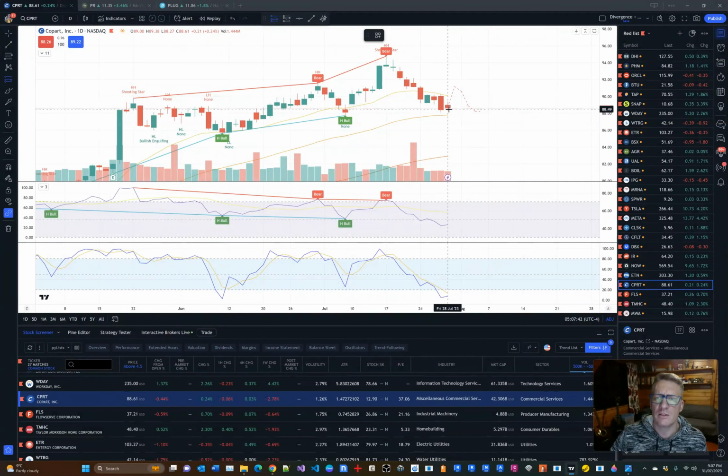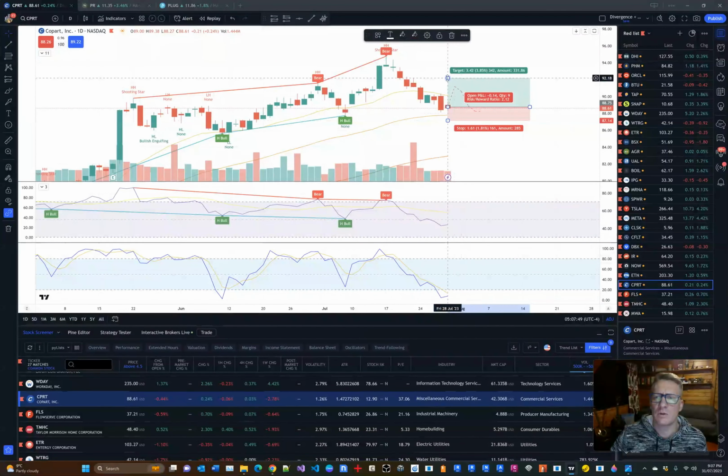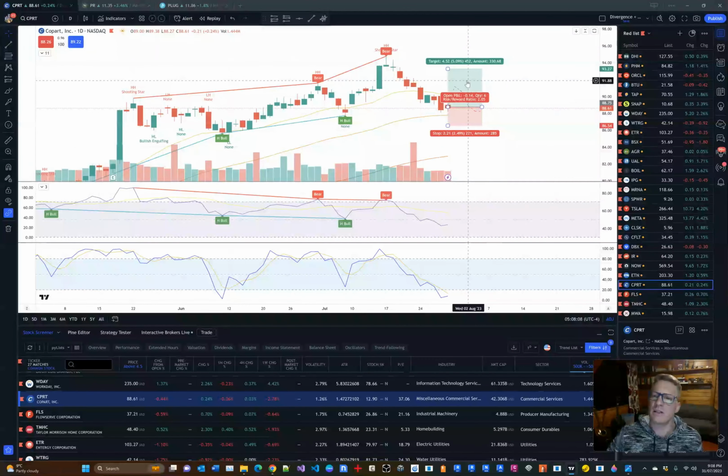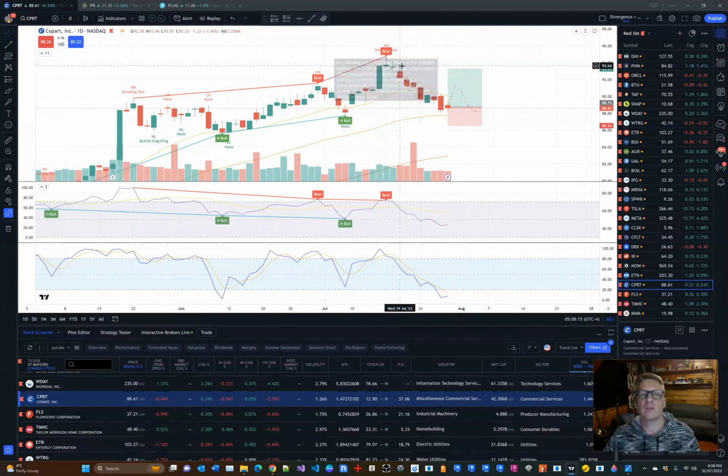Again, if we had to enter this one, we would enter right there. We'd set our stop just below the previous swing low, and we would set our target price here at roughly 5%. And we might want to adjust this a little bit to set it at this 1 to 2 ratio. Okay, so there we go. And now we can see what this strategy would look like. So we're not hoping to make a higher high here. We're just hoping to hit this mark here, which is below the previous high,